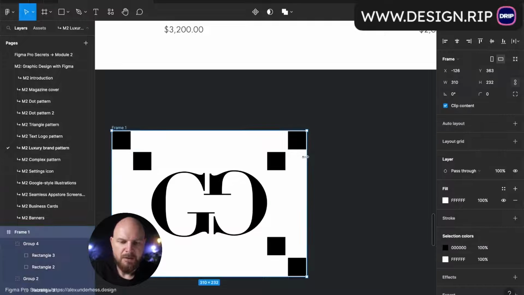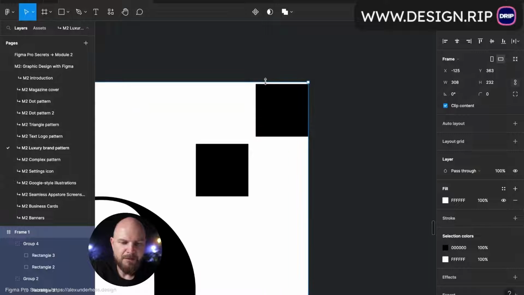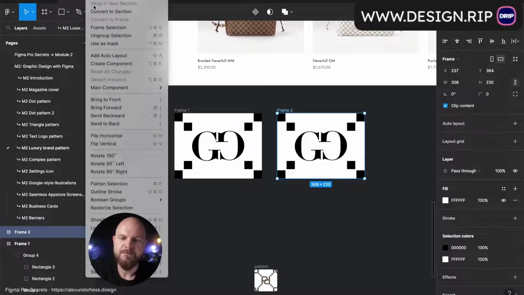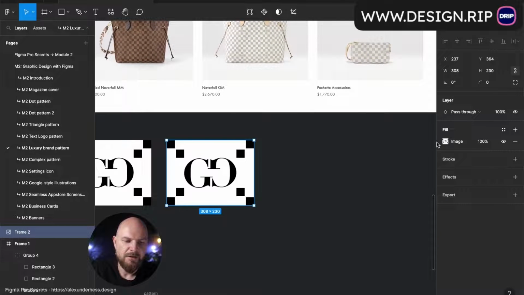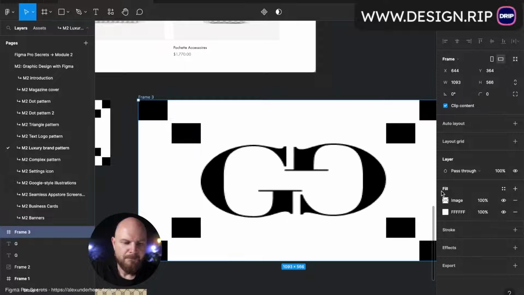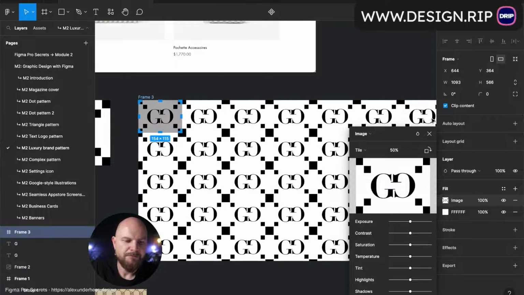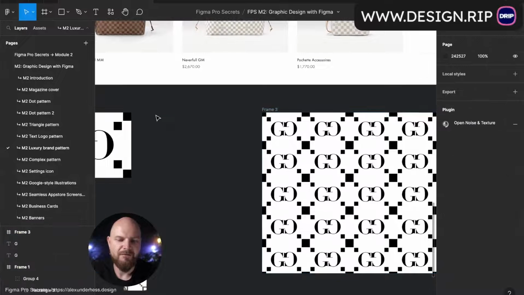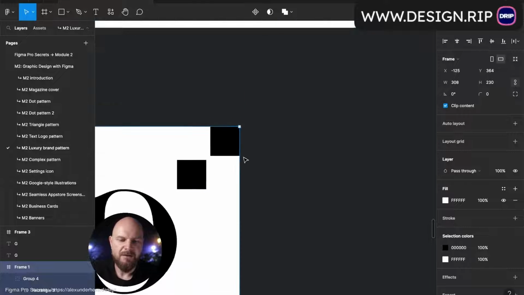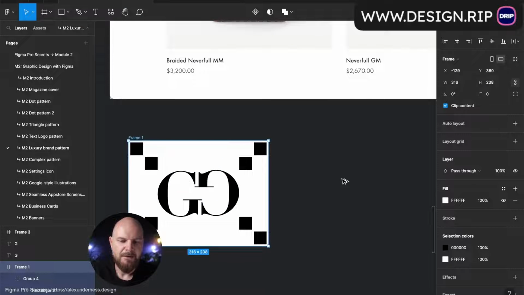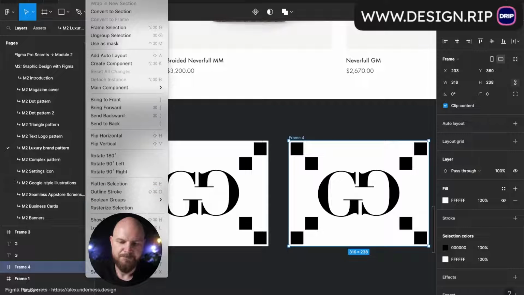Done. So now I take this frame, I change the size. If I create a pattern out of it, Object, Rasterize Selection, Command C, put it here and put it as tile, this is what I'll have. And that's exactly not what I wanted to have, right? Even if I do this stuff, and that's exactly why I changed the distance between them to 4, 4, like that. If this will be our pattern now,